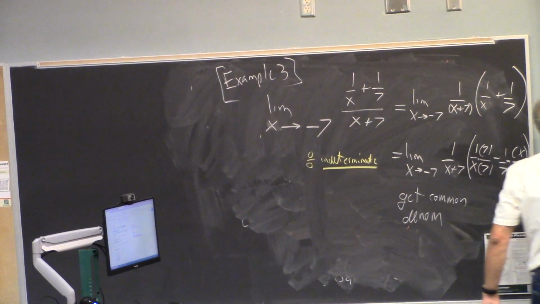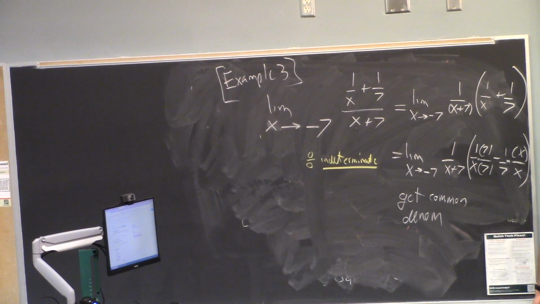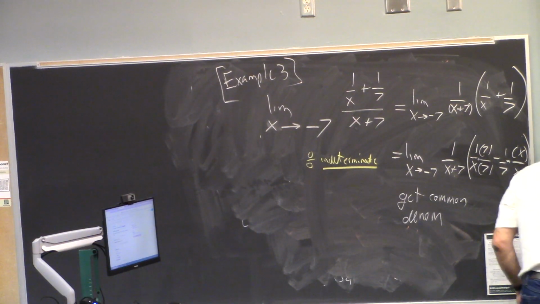So I get the limit as x approaches minus 7. I have the 1 over x plus 7 in front. And then in those parentheses,